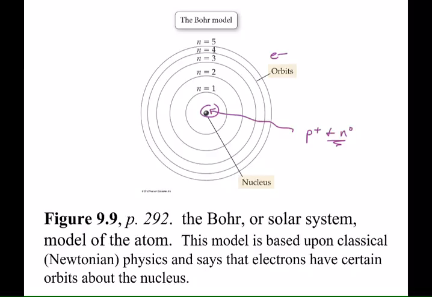And what Bohr said is that electrons can exist here. This variable n means principal energy level. I'll just put principal energy level. So Bohr said that electrons can be at this energy level, this energy level, this energy level. See, as I'm going up, I'm getting farther from the nucleus, and as it turns out, I am increasing energy. So there you go.